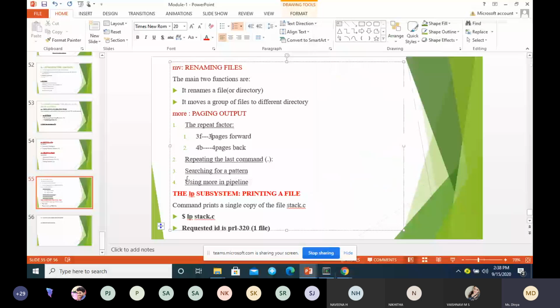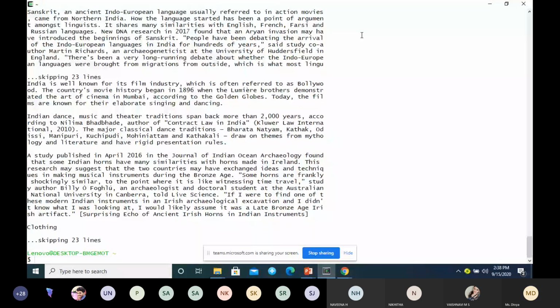The next one is searching for a pattern. I want to search for a pattern. So this is my file. With more, you give the pattern after a slash. The pattern is nothing but a string that you want to search.